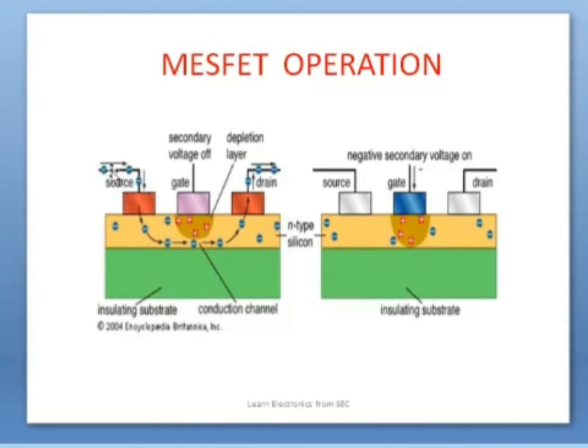Meanwhile, there will be less current passage, and if you still increase the reverse bias voltage, then it will completely block. You can see that in the next image, it will completely block the passage. At that time, the device is said to be in off condition. So no conduction between source and drain occurs here.